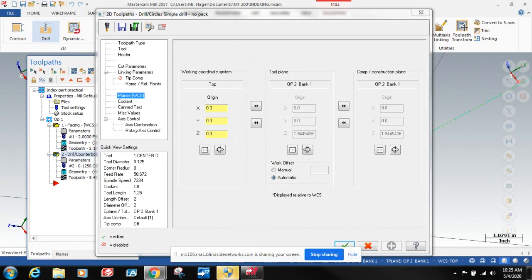Excuse me. Select that plane. Yep. Hang on 1 second. I'm deleting